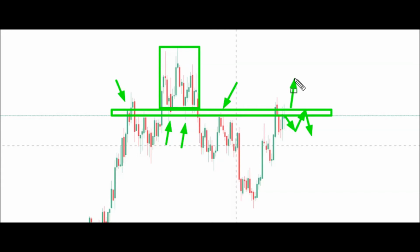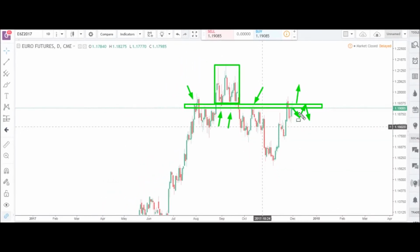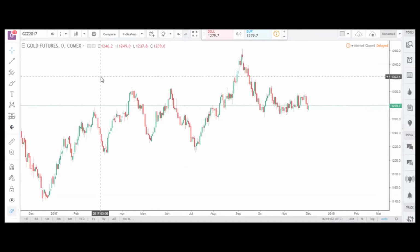And in that case, we may just continue to see the market go up and down a lot and just basically oscillate around the 1.19 level and the 1.2 big round number, which is right over here, for an extended period of time. So next we look at the gold futures market, and we start with the daily time frame